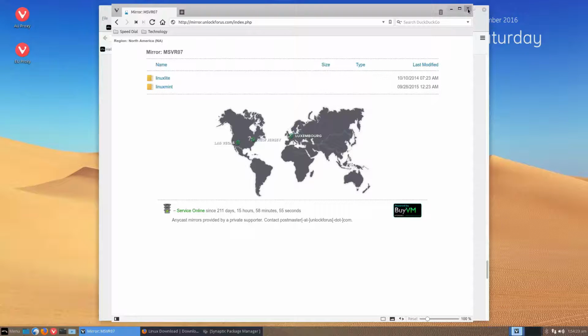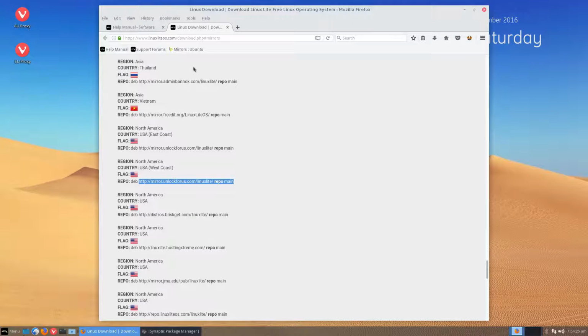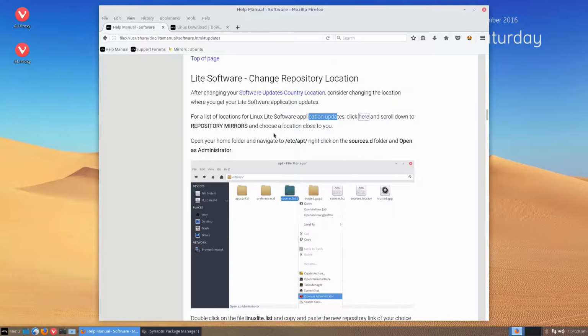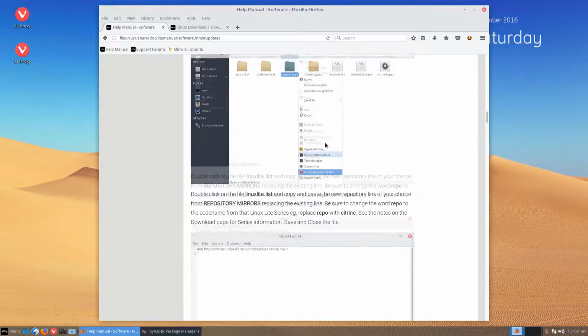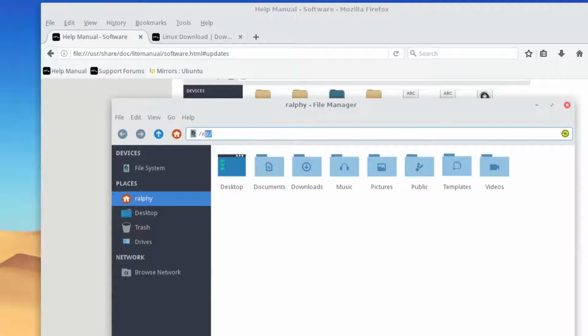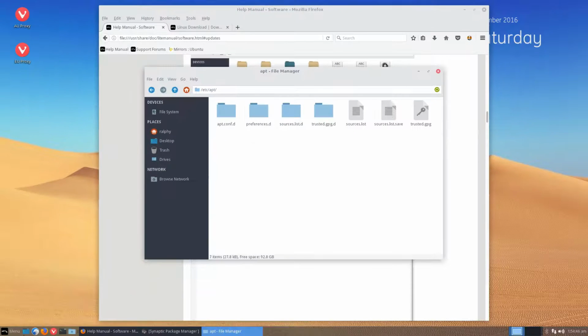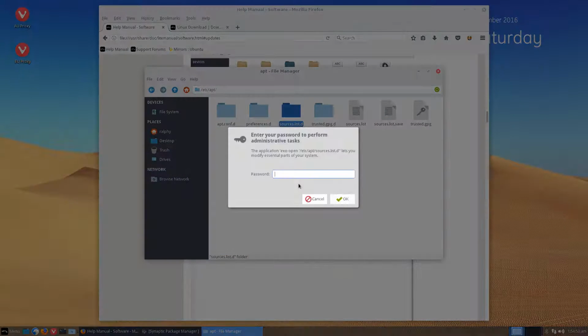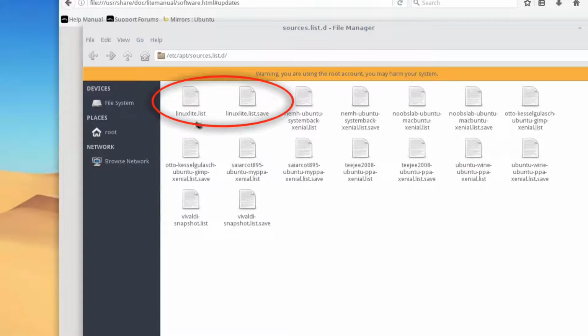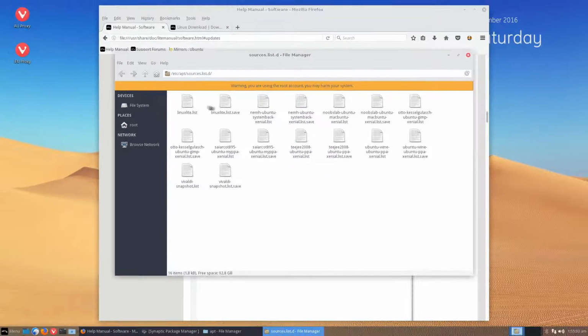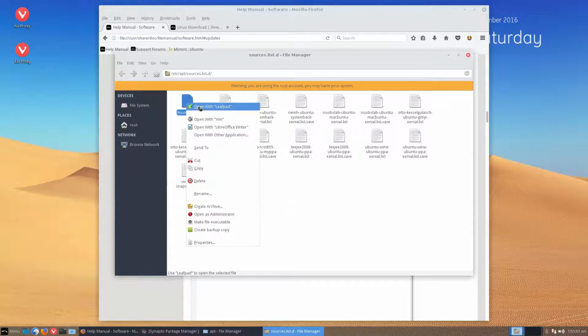Anyways, let's go back to our documentation here, and let's follow the steps. So what we're going to do is we're going to be editing a couple of files. In this case, let's go ahead and do it together. We're going to be browsing to the /etc/apt/sources.list.d folder as administrator, and there is linuxlite.list and linuxlite.list.save. Those are the 2 files we're going to be working with. So we're going to edit the first one,